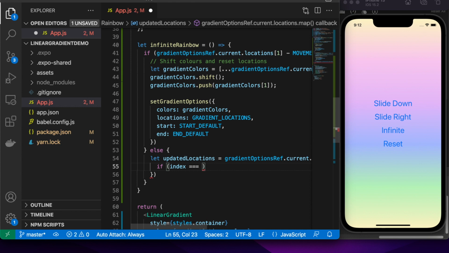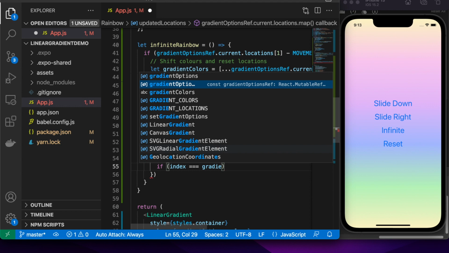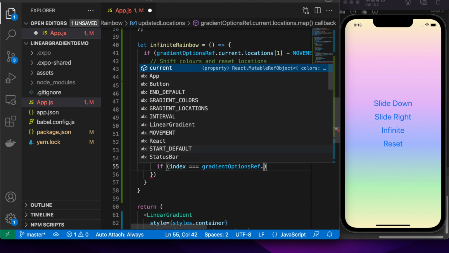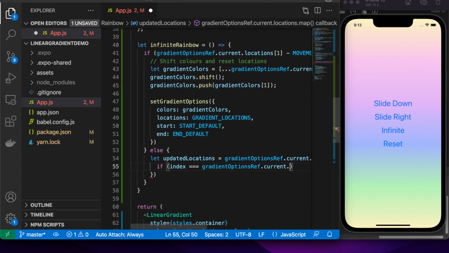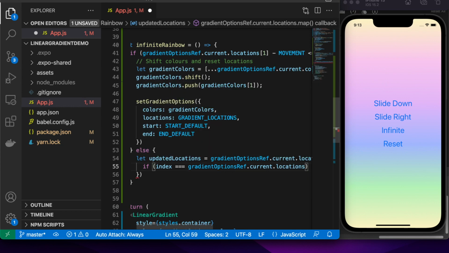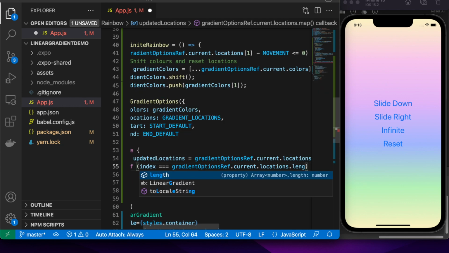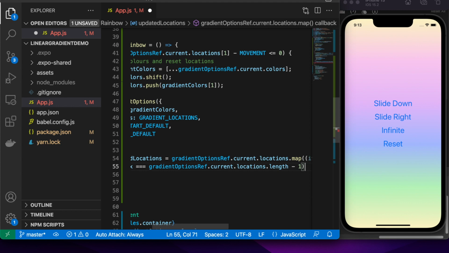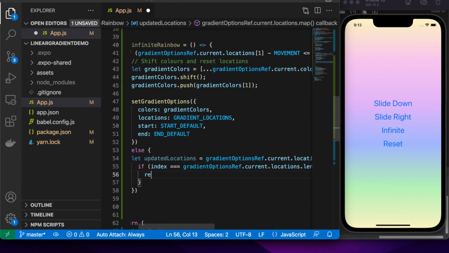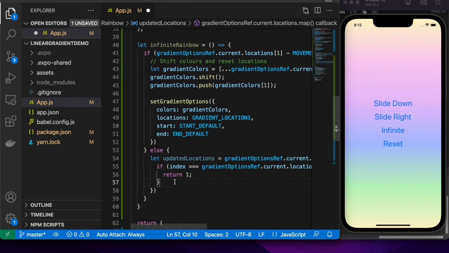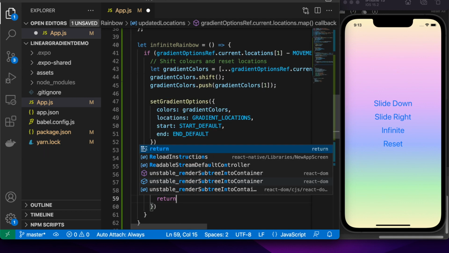And I also need the index because obviously you noticed I had 2 locations with 1, and I want to keep the last one always being 1 just so that the gradient's kind of continuous. I don't want it to move with it, otherwise it will just look a bit funny and the other colour will come into play too quickly. So that's why I'm just checking whether the index is the last index, because I want to keep that colour always at position 1, no matter what.